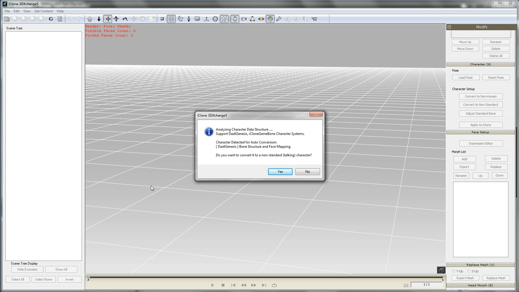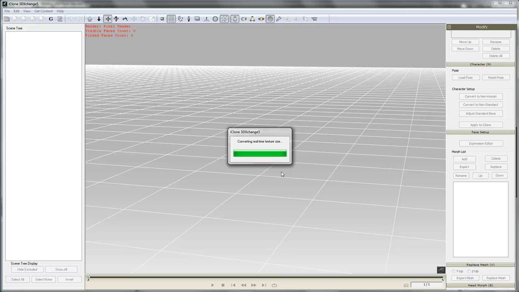Okay, and therefore it's offering to set the character up for you, and this is kind of good because you just want to say yes to this button. Okay, so we're just going to say yes,